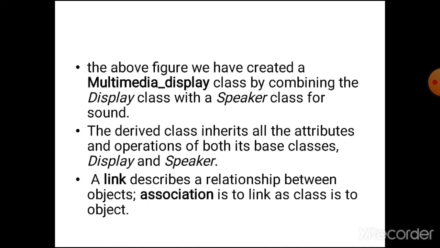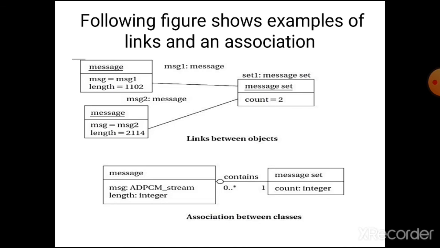So here is the representation of a link between objects, and an association between the classes. Here it contains two objects, message 1 and message 2, and it contains a class message set. Then when we consider the actual objects in the system, there is a set of messages. Here there are two sets of messages that keep track of the current number of